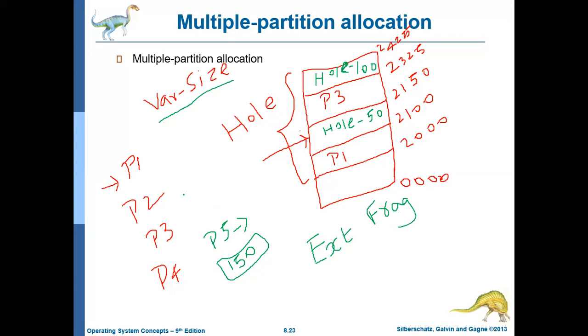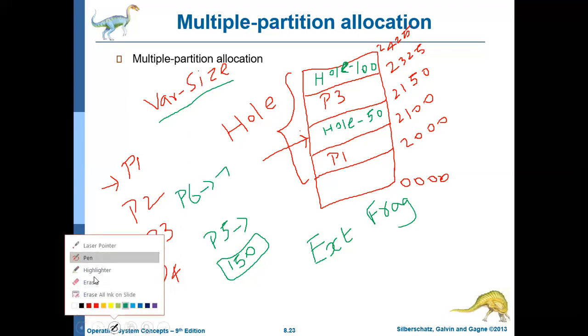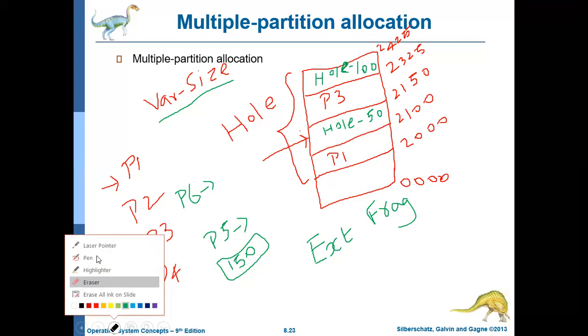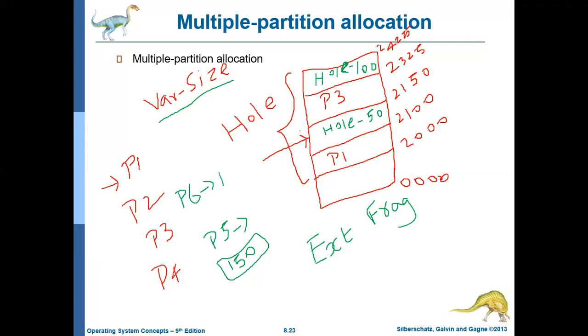Say after that another process P6 comes. Let us not assume 75 MB, sorry. Say P6 demands 110 MB of memory.